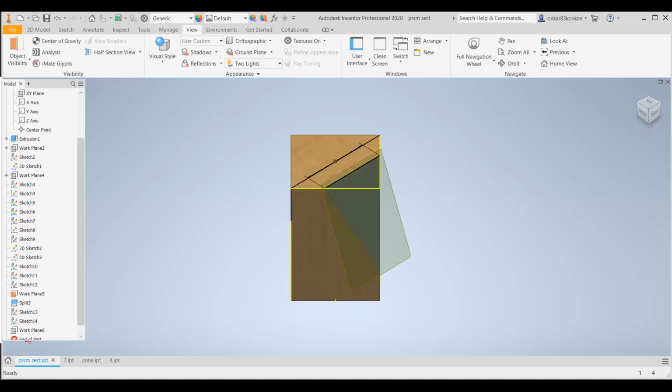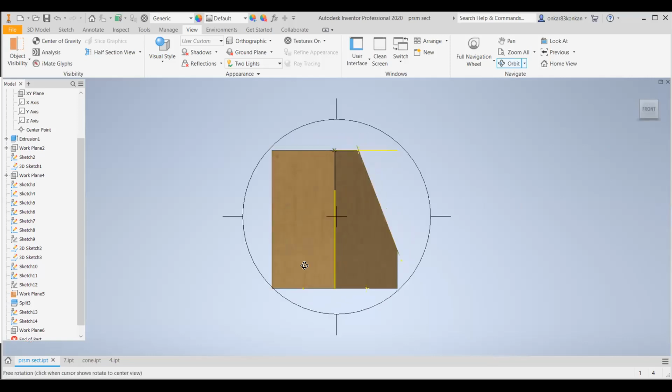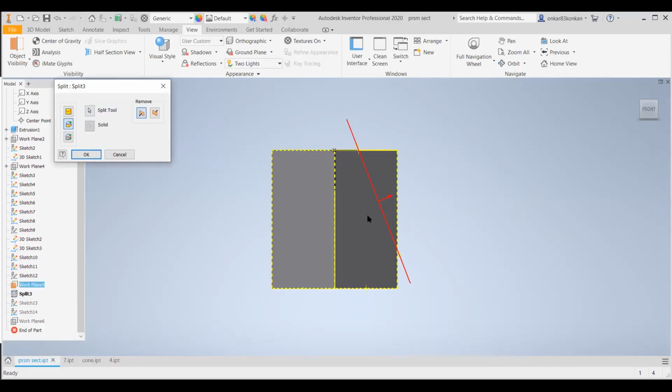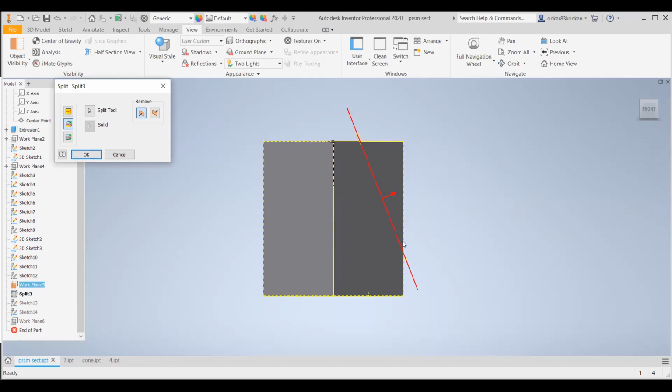Let us see it in 3 dimensions. Here you can see the position of the section plane. This is the front view. Assume this solid is resting on the horizontal plane. This is the position of the section plane. Okay. So for this position only, you can get the triangle as a true shape.